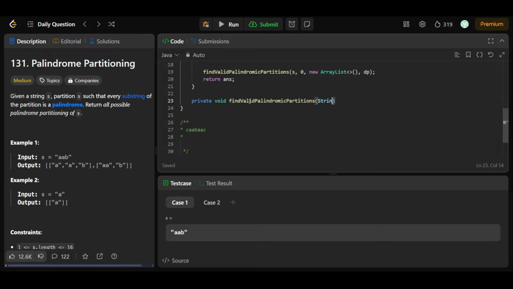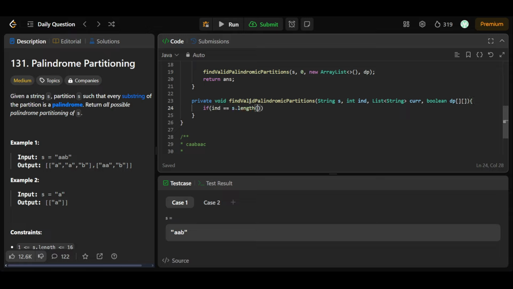In this I'll have the parameters: string s, int index of start, list of string that will be my current, and my boolean dp array. Okay, and now what I'll be checking is that if my index is equal to the length